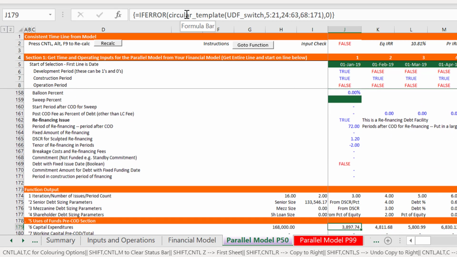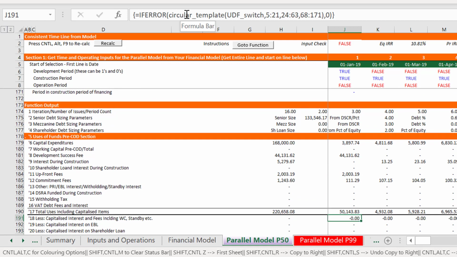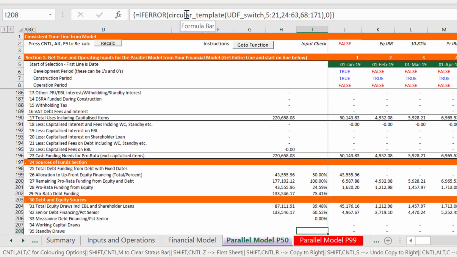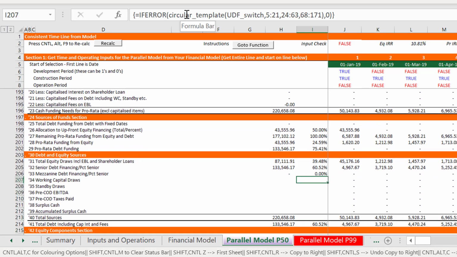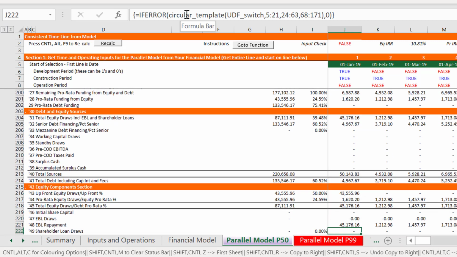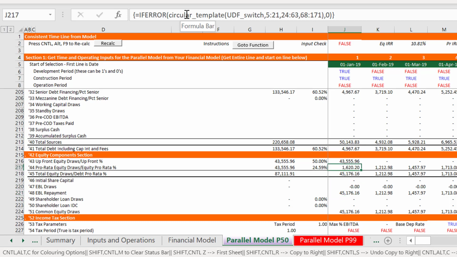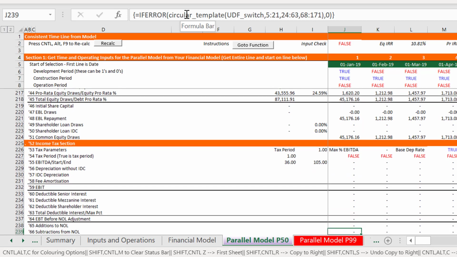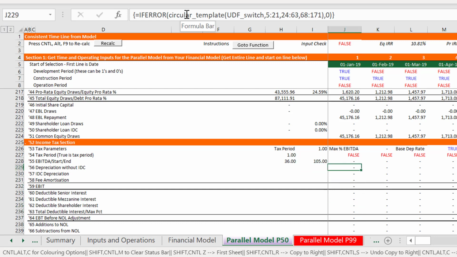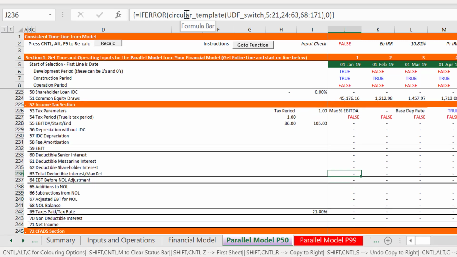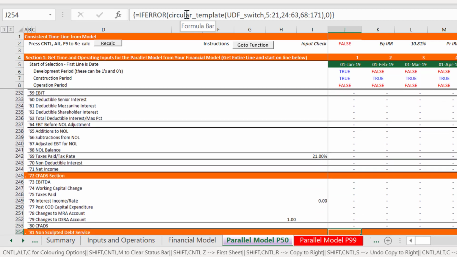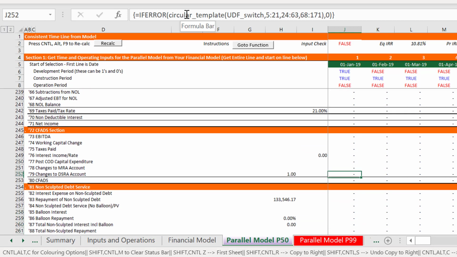by section, and your boss can say, oh, I want to see the sources and uses of funds, and you can get a little summary of all the uses of funds over here, including the IDC, see when it has occurred, and then you can see if we have capitalized debt, and then you can kind of see how much debt are we borrowing and how much equity, and if we're having equity, do we have an equity bridge loan? And then you can put in all the tax parameters, including how you're going to depreciate all this IDC that comes from your model or the fee amortization. You can make adjustments for if some of the mezzanine debt or senior debt or shareholders' debt is not deductible, and then you put your net operating loss in, and finally you get from all of that your CFADS, and